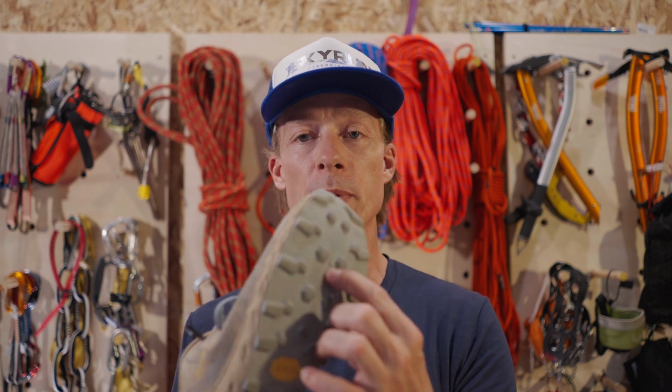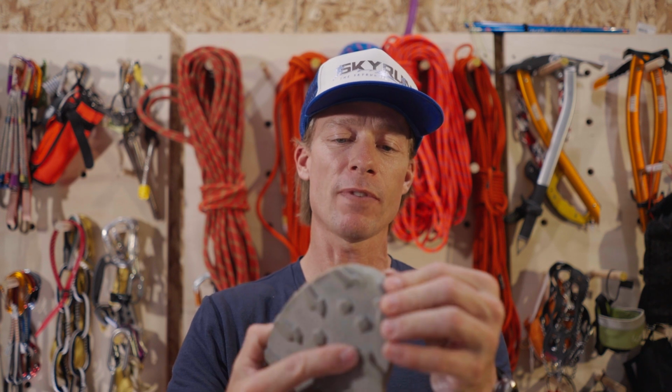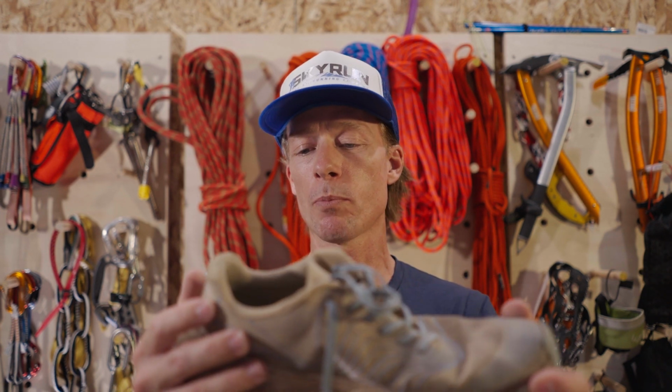I put 305 miles on this shoe, and only now is it starting to show some of the wear and tear that you would expect from the constant beating I gave them. First of all, this part's coming off, which isn't uncommon for most trail running shoes. I have a hole developing here on the tread, and the tread itself is a Vibram, which, I mean, come on, it's like glue on rock. And on the other shoe, if I remember, the tread is kind of coming off of the shoe in a couple spots. I don't know if that's something to be concerned about, but I've learned that once your shoe starts falling apart, it's time to retire it, because the last thing you want to do is rip off an important component of a trail running shoe